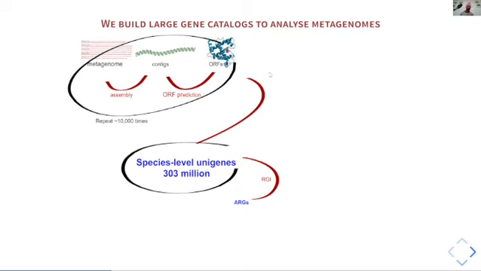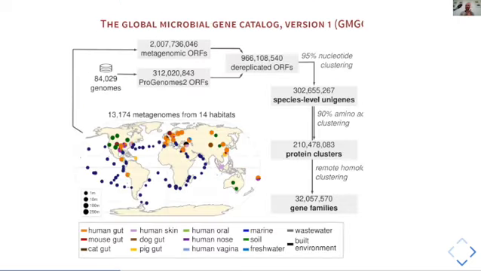So for example, we run RGI that was just mentioned to find the antibiotic resistance genes, which we can then link back to the metagenomes from whence they came, to try to make sense now biologically what's going on. So as I said, this is an ongoing project, and we've built this, what we're calling the GMGC, the Global